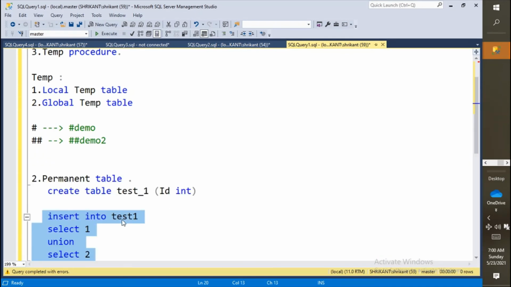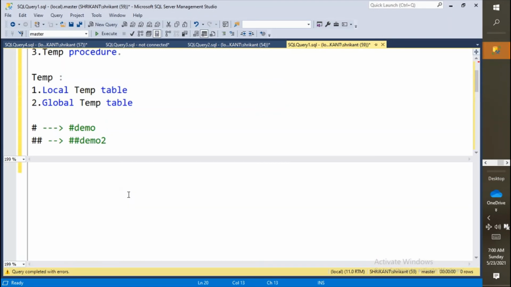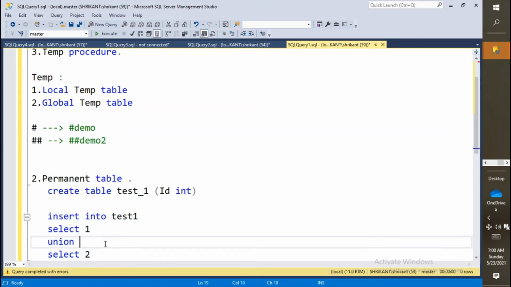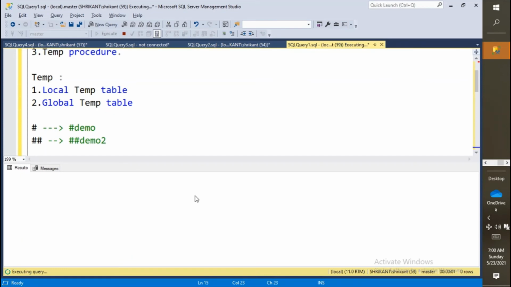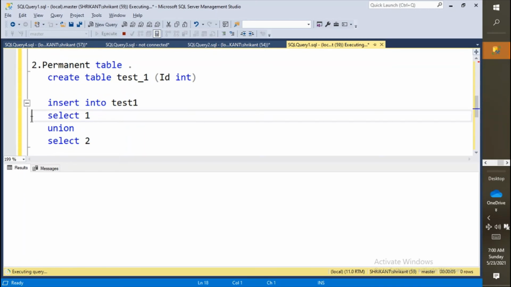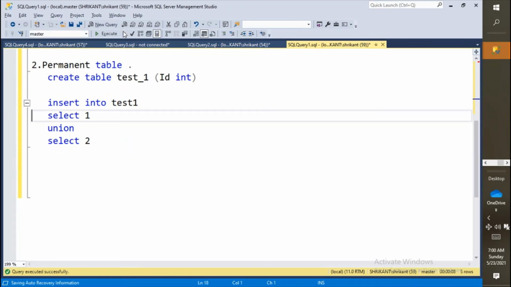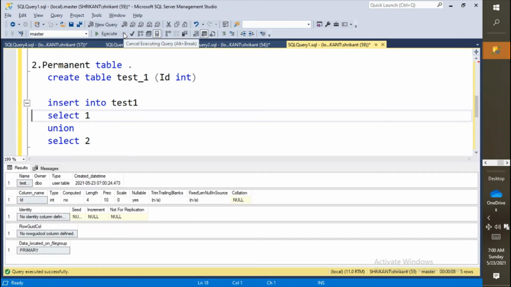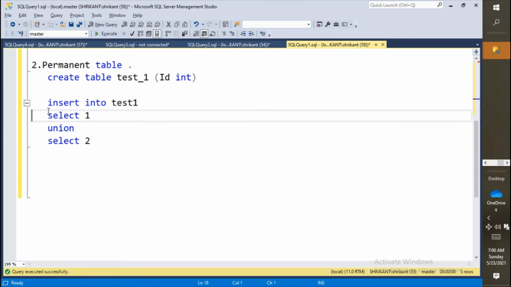You can see here we got an error. Okay. Insert into test.